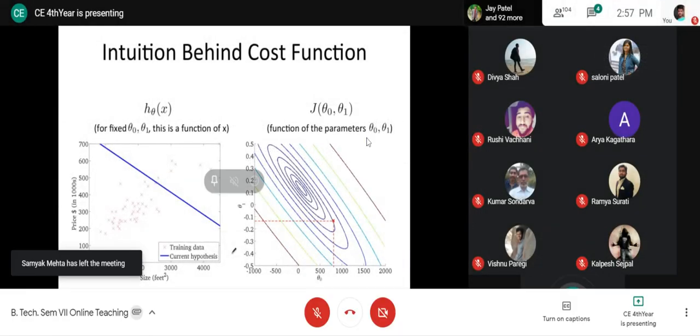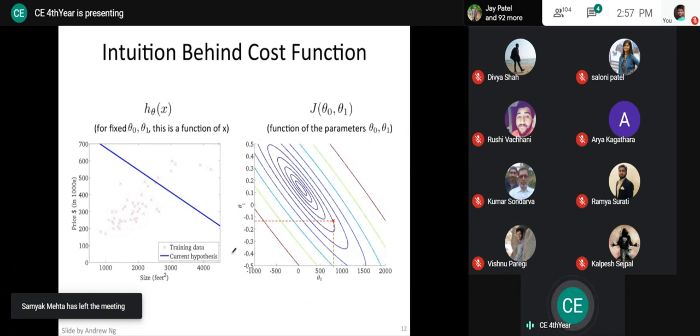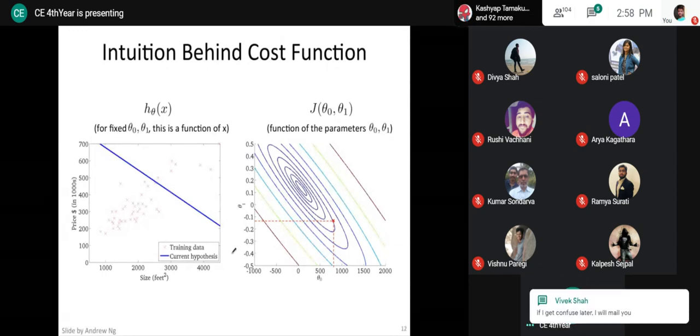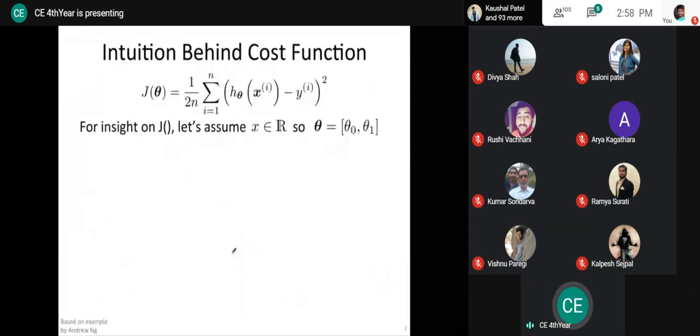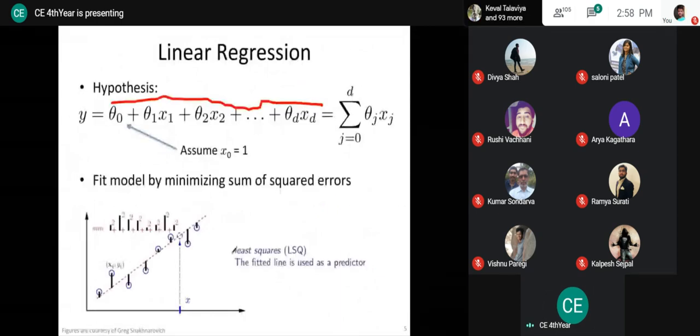So now everyone, please remember what the equation of h of theta is, what the equation of J is, and then the gradient descent. These three will be helpful in all the algorithms. So if any of you wants to write the equation, just write down the equation of the hypothesis, y, or you can say,